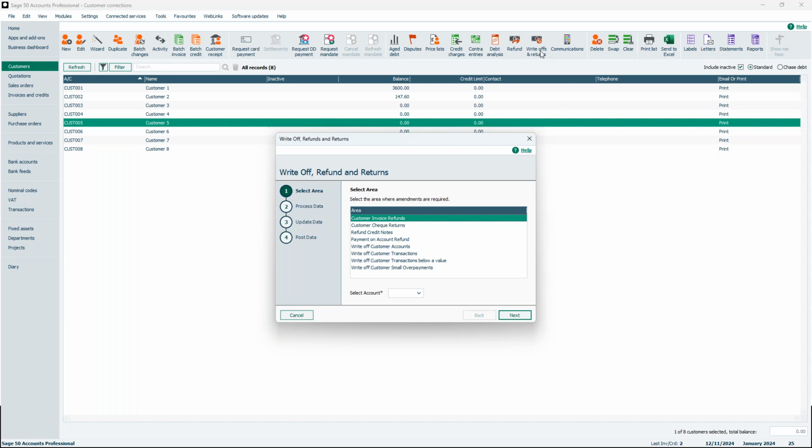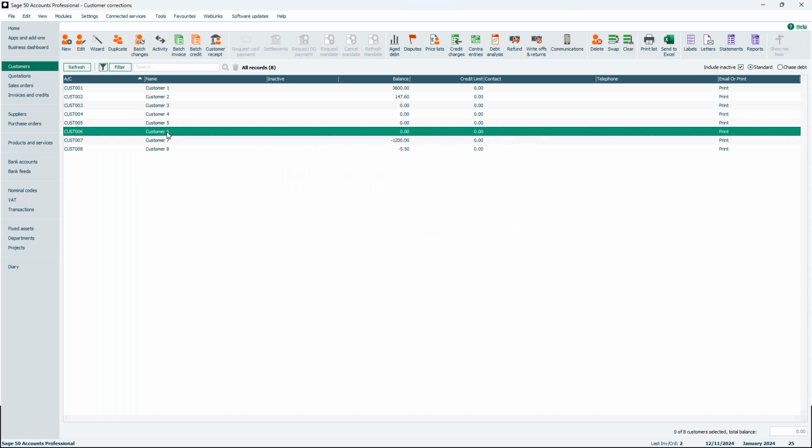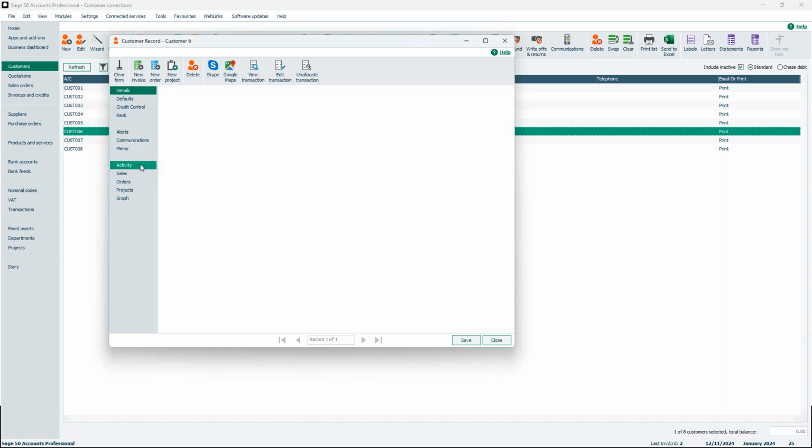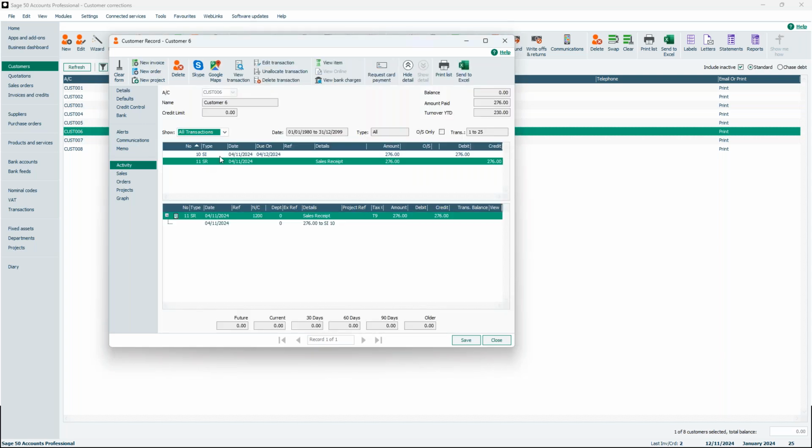So I have a customer 6, where that invoice has been paid off in full. Just to show you before, just exit out of there. We have a look at customer 6 at the moment. In their activity, they've got an invoice, and that has been